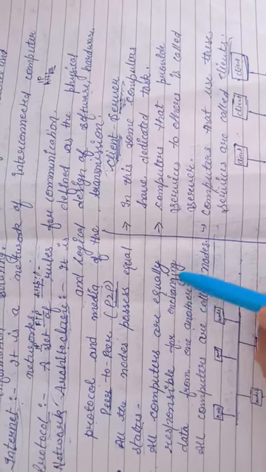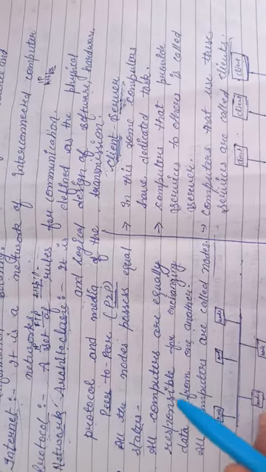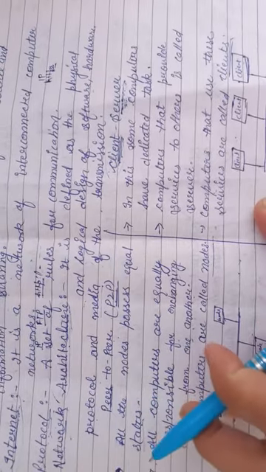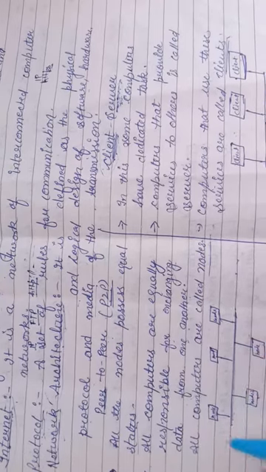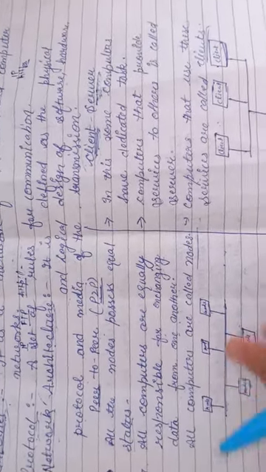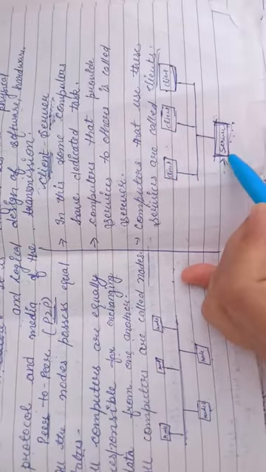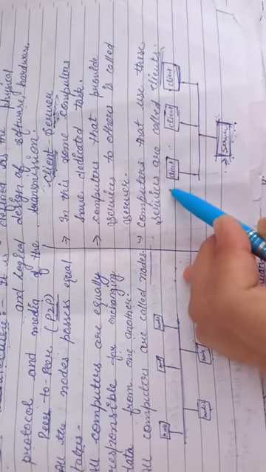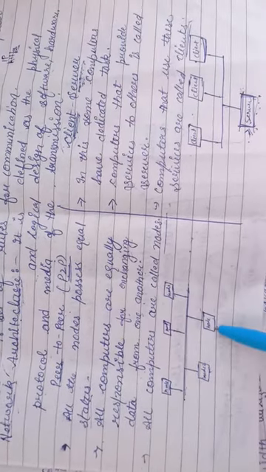They are responsible for exchanging data from one another. Any computer in the system can work as a server or as a client as per the requirement of time. In this architecture, all the systems are termed as node. In case of client server, one was termed as server and others were termed as client, but in case of P2P, all the systems are termed as node.